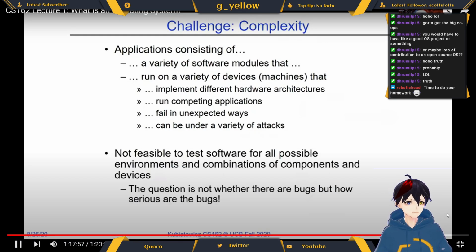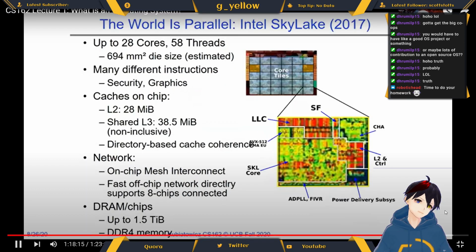And it's not feasible to test software for all possible environments and combinations of components. And so we're gonna have to learn how to build these complex systems in ways that basically work. And some of that is gonna be learning just how to design systems that are correct by design rather than correct by accident. Okay, the world is parallel. If you haven't gotten that by now,